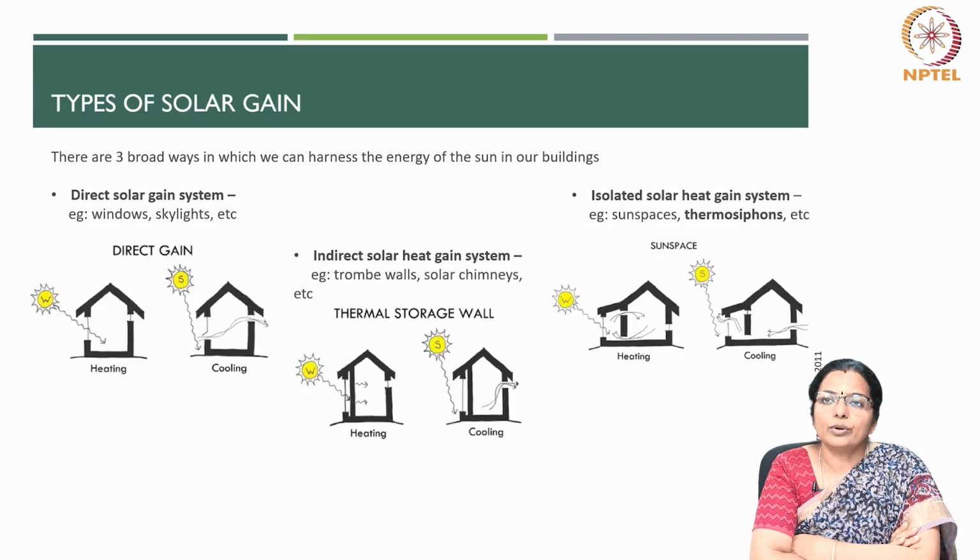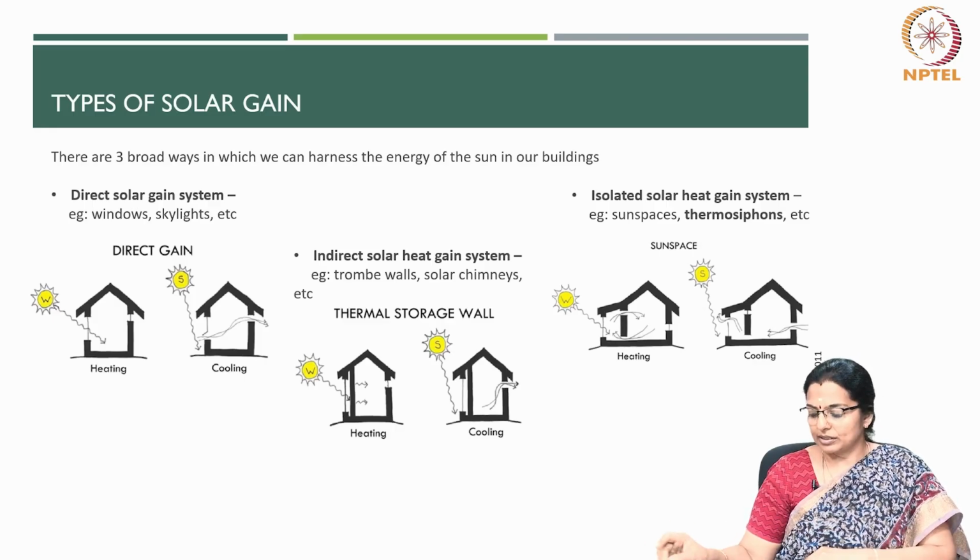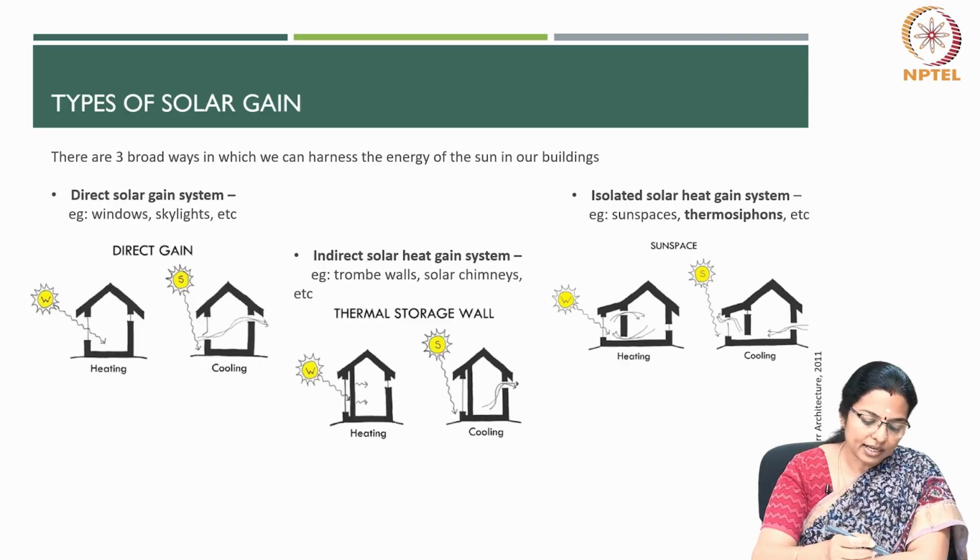So the sun could heat the living areas directly with a direct solar gain system, where the heat in this area is re-radiated back into the space by the glass surface. So directly heat gets radiated inside,